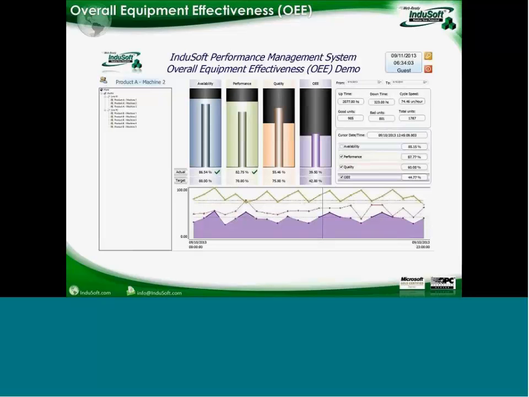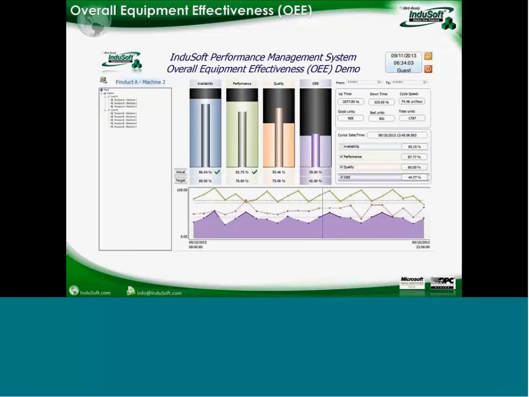It's freely available to download. This is just an example and a template that has been used in many different applications to provide OEE information on the machine level, line level, plant level, or even global. So I believe most of you are familiar with OEE, overall equipment effectiveness, but